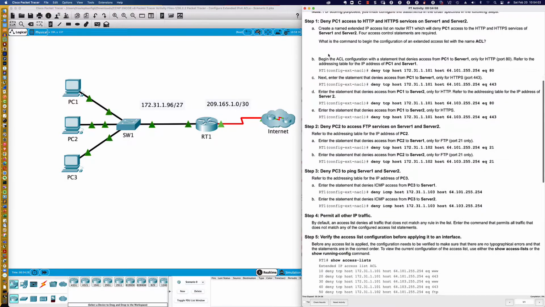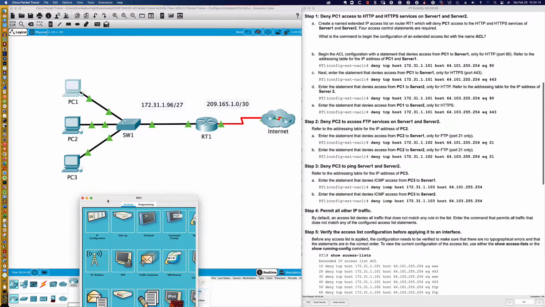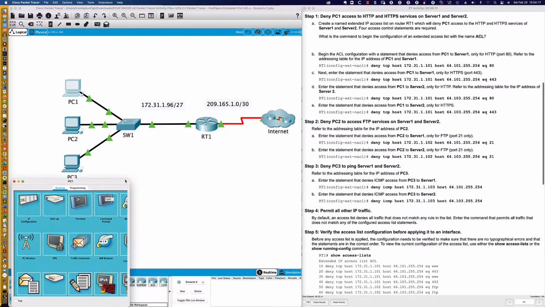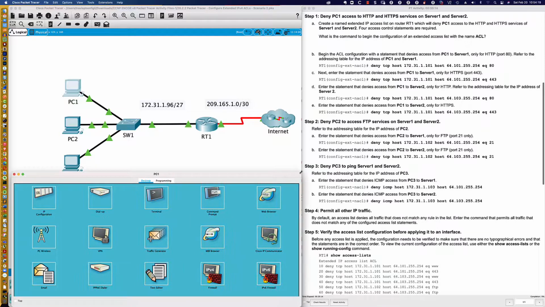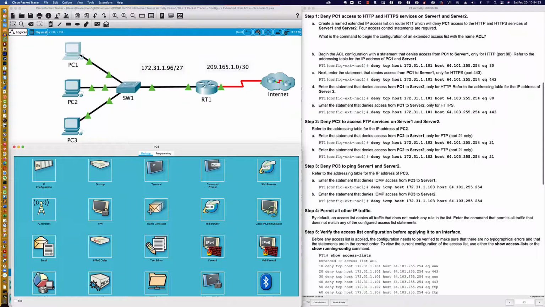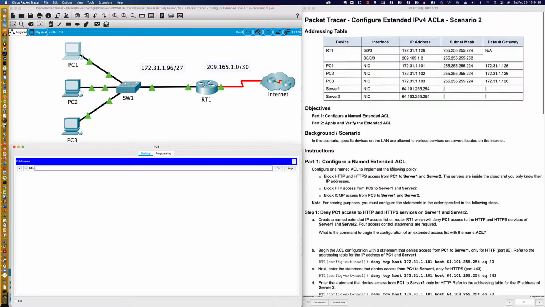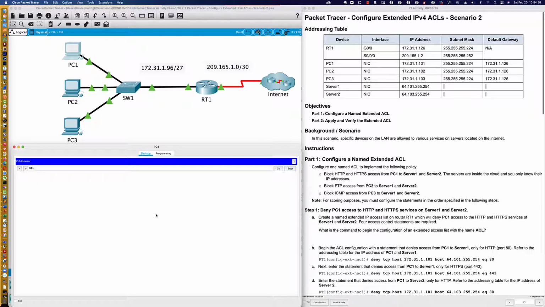So if we were to scoot up here, you can see deny PC1 access to HTTP and HTTPS services on server 1 and server 2. Before we do that, let's make sure that this actually works before we block it. It's always a good idea to test to see if we have connectivity out to server 1 or server 2, and for PC1 we're going to check both of these. So let's check